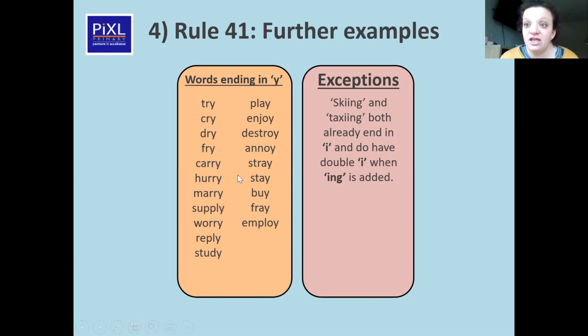So see if today you can make some ing words with these words, and then see if you can use them to make a little story today. See if you can put them into a story and see how many of these words you can use in total. Okay, and you can email any of them over to us at